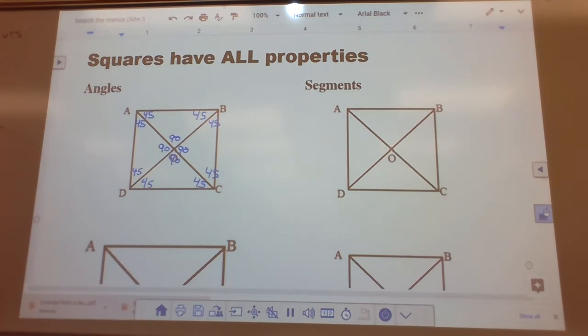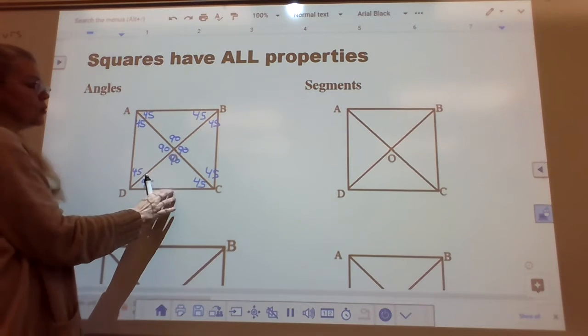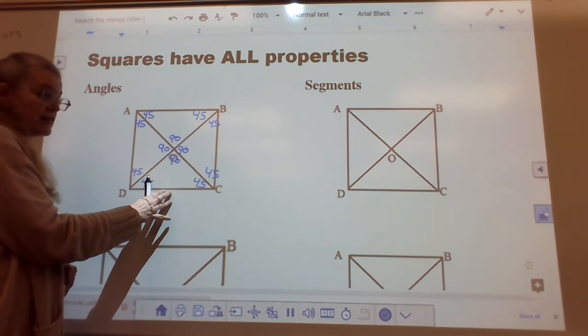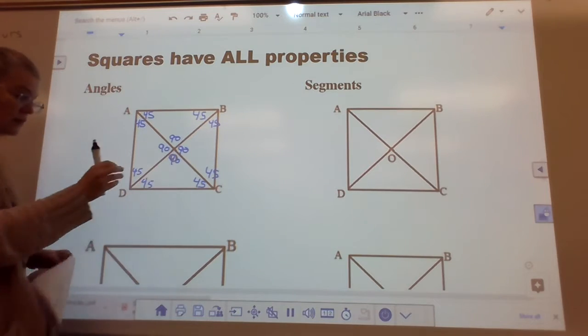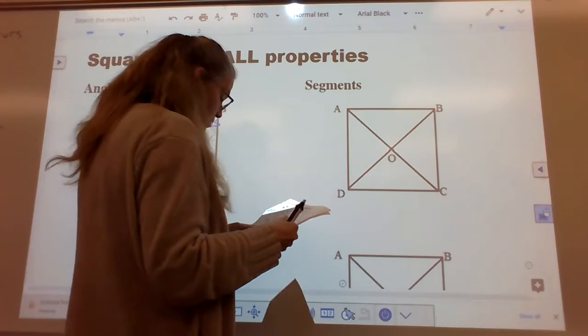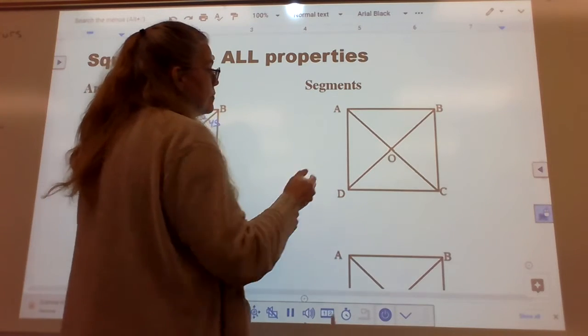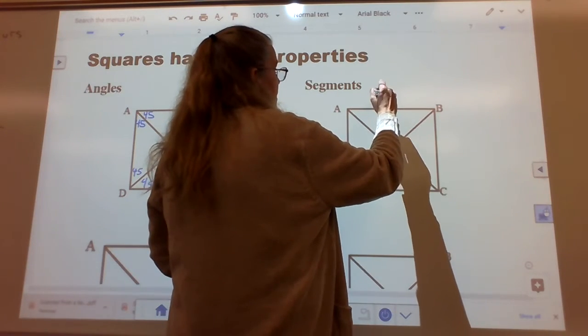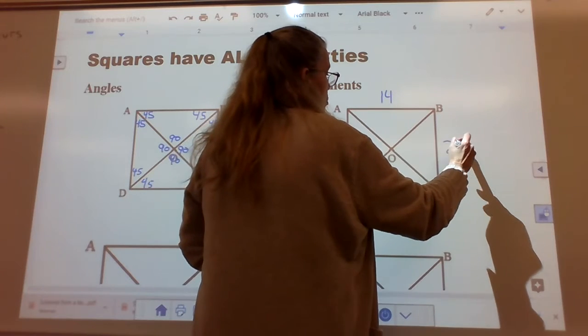The same as the rhombus was. So no matter what square I give you, no matter what size of square I give you, it's always going to look like this. The segments of a square, let's take a look at this guy. So I can give you, let's say this is 14, 2x,